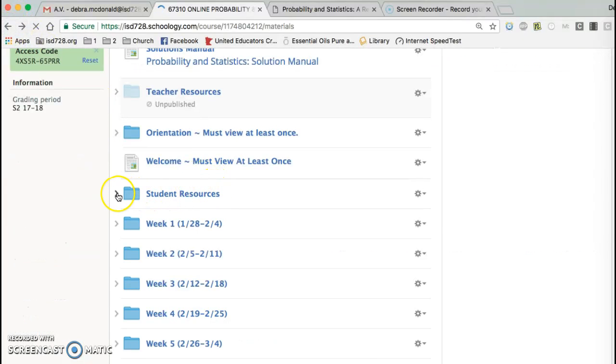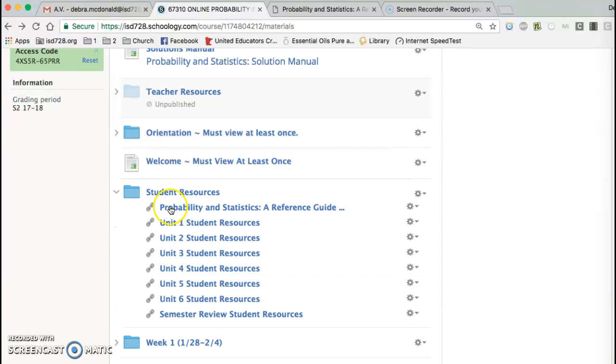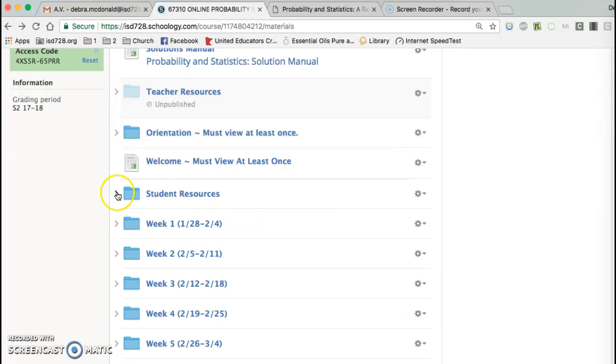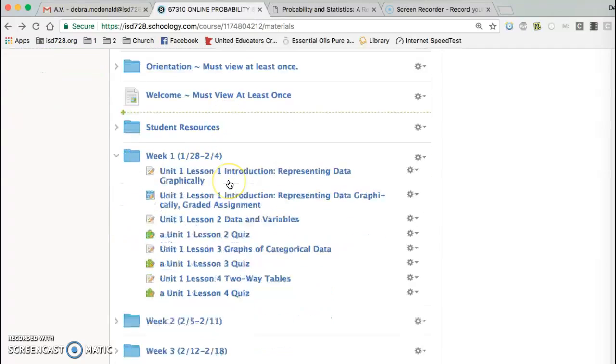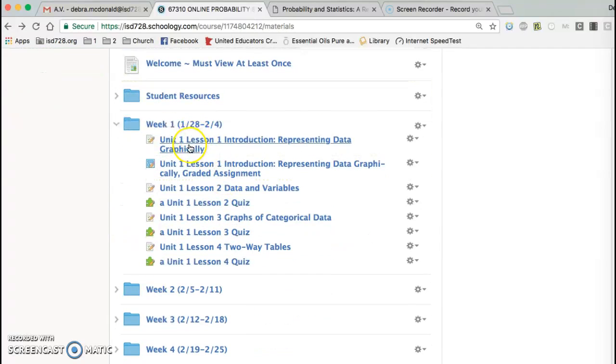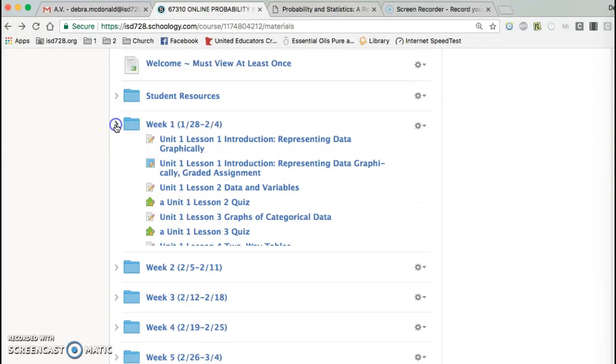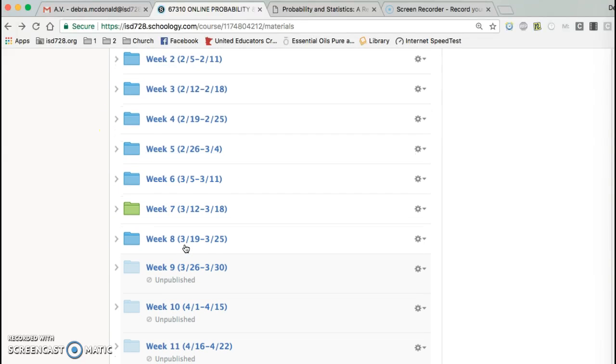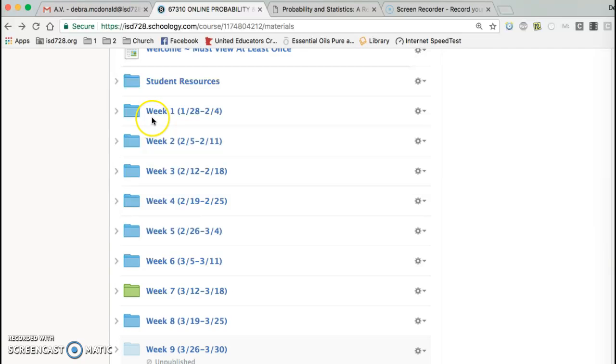After she's viewed that, there are some more student resources, just like little study sheets. I don't know that most kids use them, but they're there just in case. And then she just begins with week 1. And in each week, there's just a list of things to work through. Anything with the green puzzle piece is something that they have to do and will show up in the grade book. And following all the way through, we are currently on week 7,